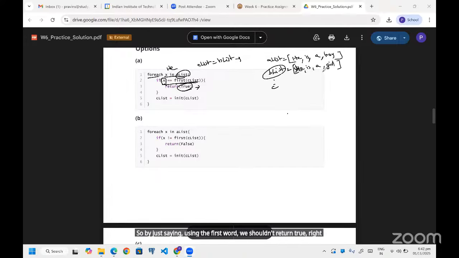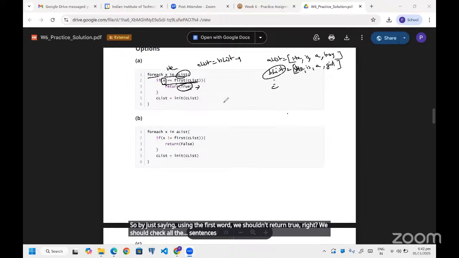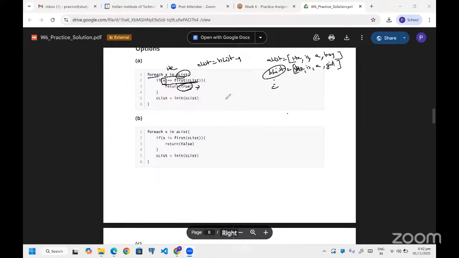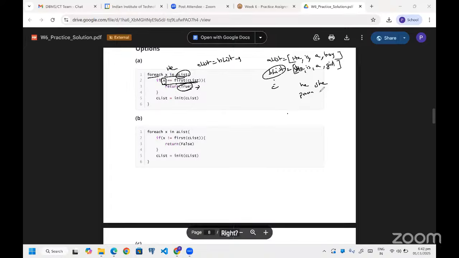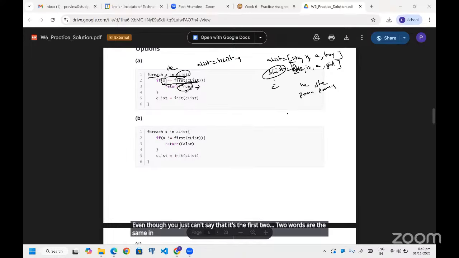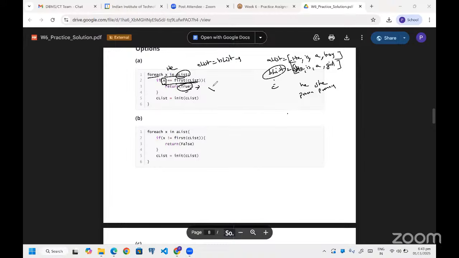We should check all the words. Basically, he and she have the same part of speech, even though the words are different. But you can't just say that because the first two words match, you return true; you need to check the rest of the things also. So this option is false.